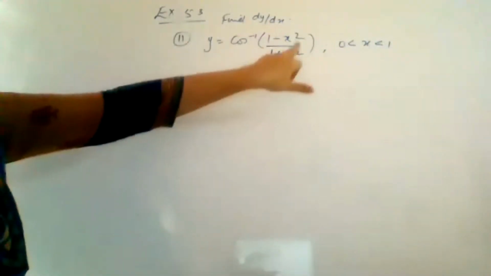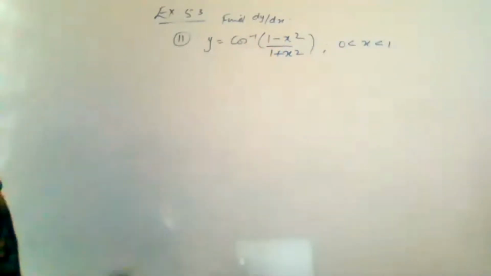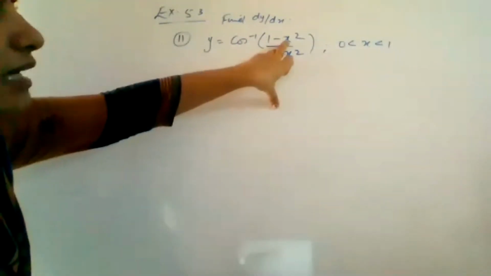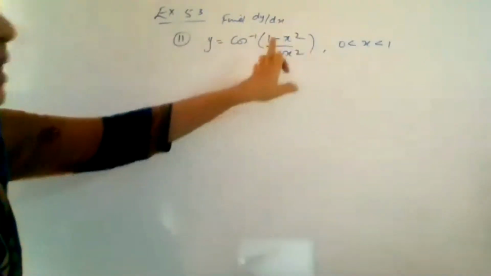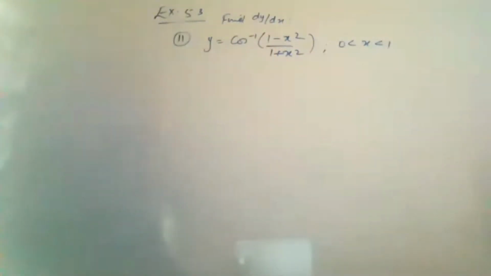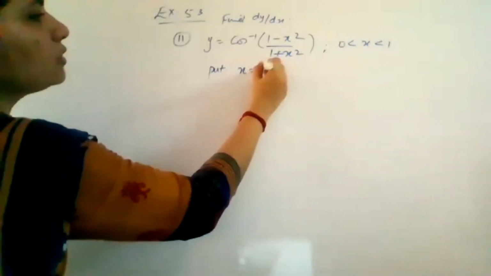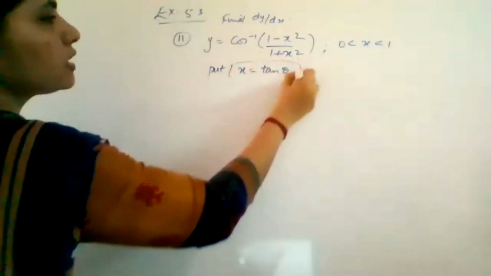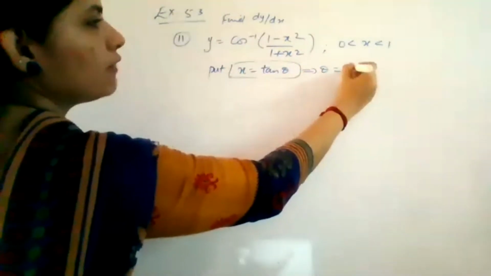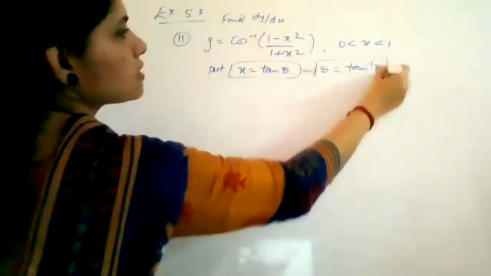Again, you have to think of a formula which will give you cos of something. What substitution should you make for x so that this whole term becomes cos of something? It is 1 minus something square divided by 1 plus something square. If that something is tan, then 1 minus tan square over 1 plus tan square of any angle is cos 2 theta. So we are substituting x equal to tan theta again. Here itself we will find what theta is equal to, and again we have to replace it: theta equals tan inverse x.